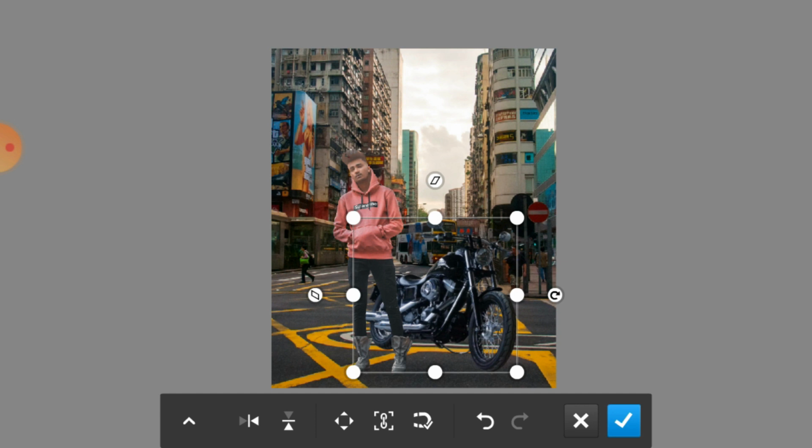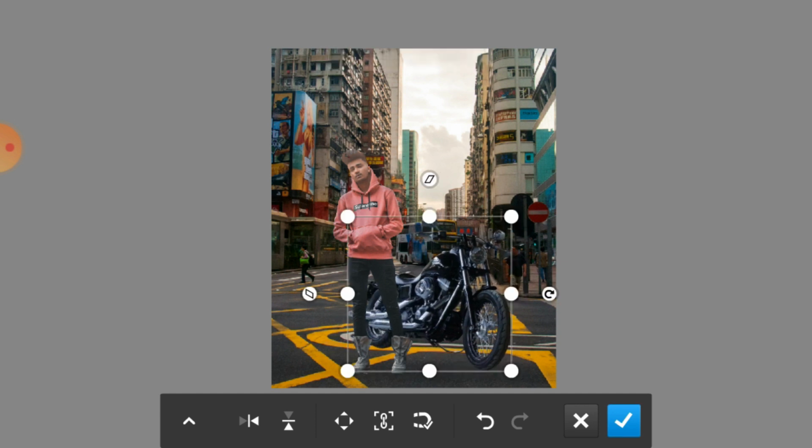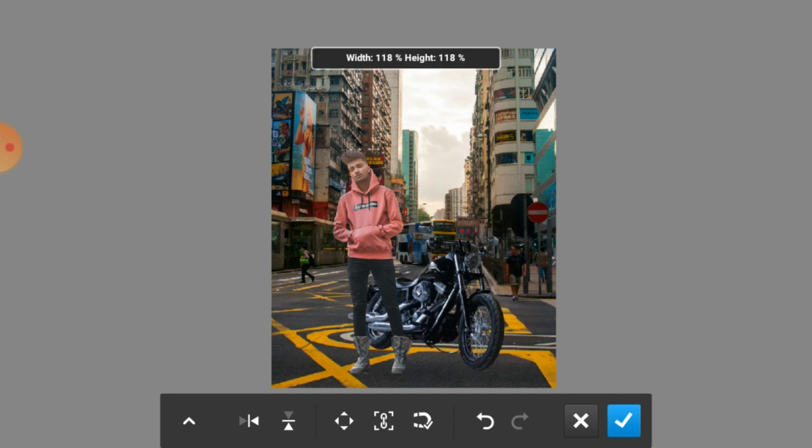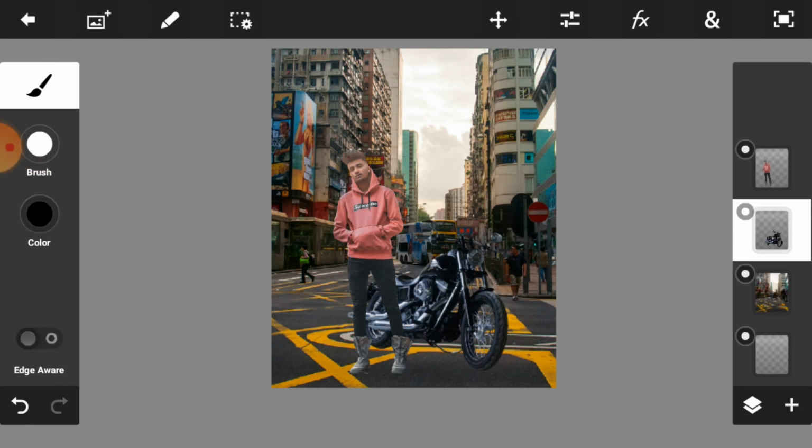So take a little bit of time and make sure your images look perfect in your background and do not look like artificial images. Just adjust your images and take a little bit of time. Now the placements are completed.